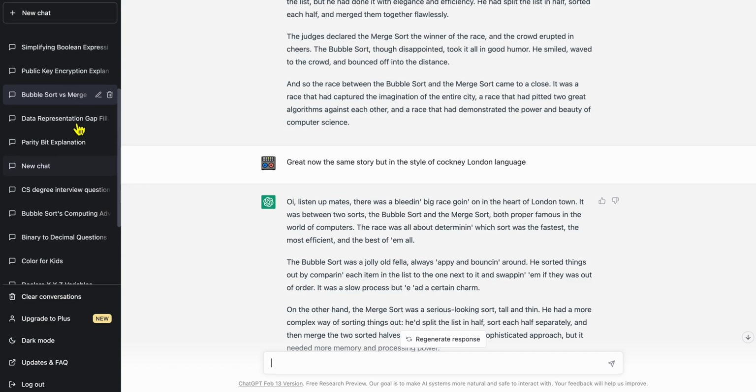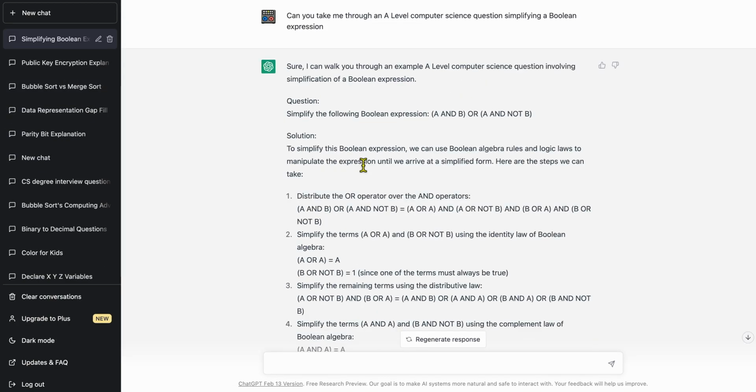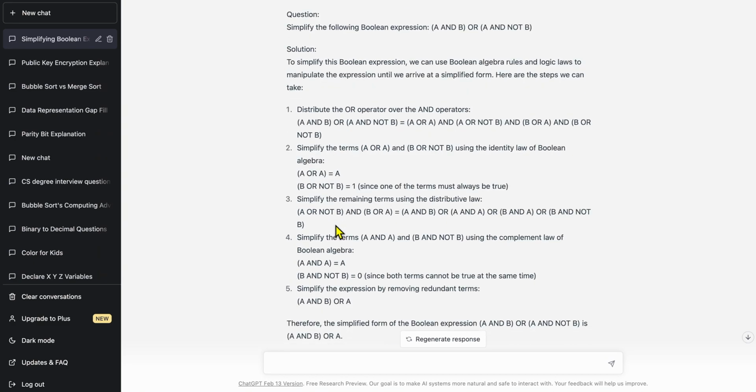And again, getting it to come up with some questions as a way to work through a problem, depending on the subject, and then you can ask it to step through, or maybe to explain it in a more simplified way